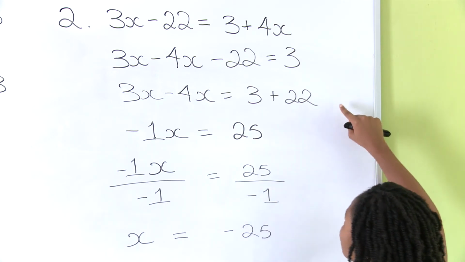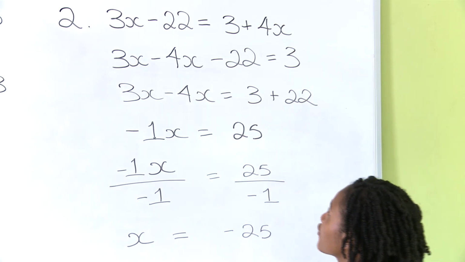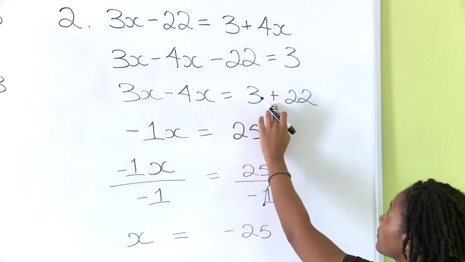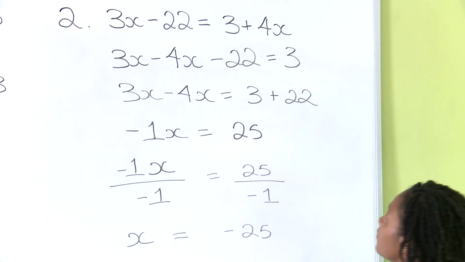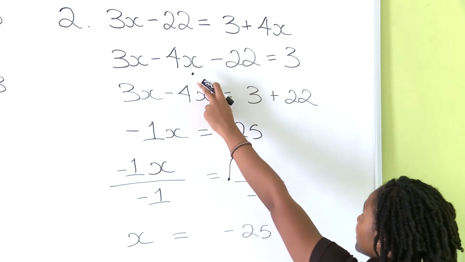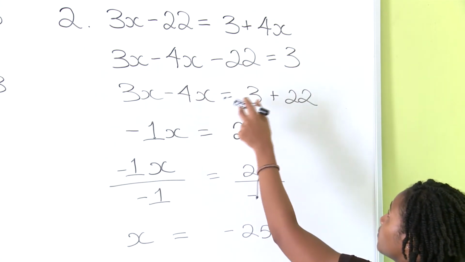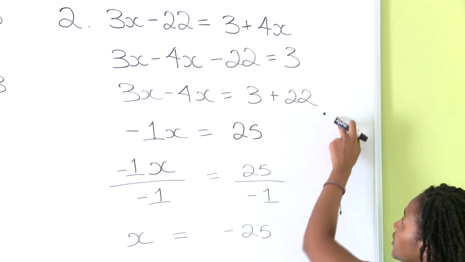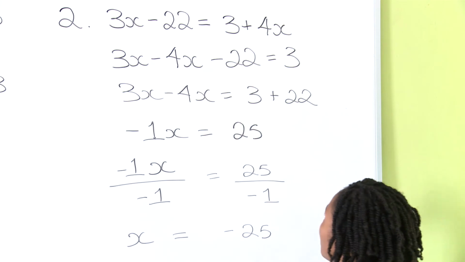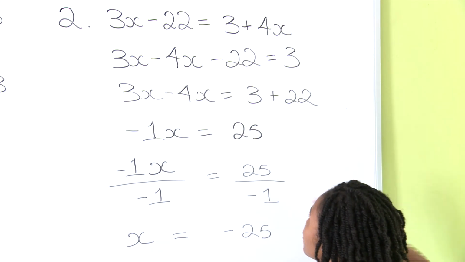Remember, we're still under the step of grouping. So we have 3x minus 4x is equal to 3 plus 22. In the previous step, 22 was being subtracted. Now, when moved to the right-hand side of the equation, it's being added to 3. So our second step is